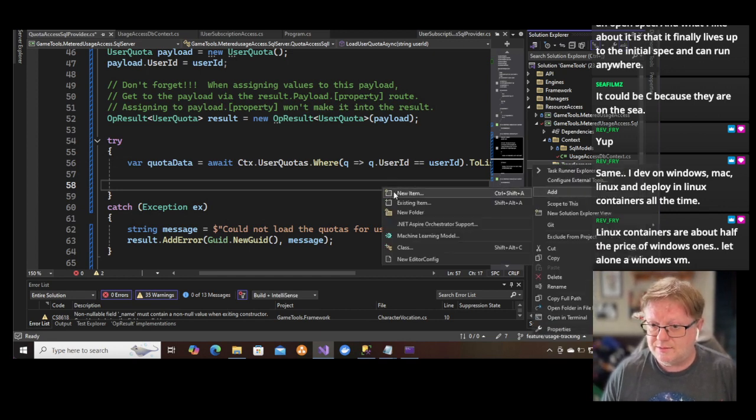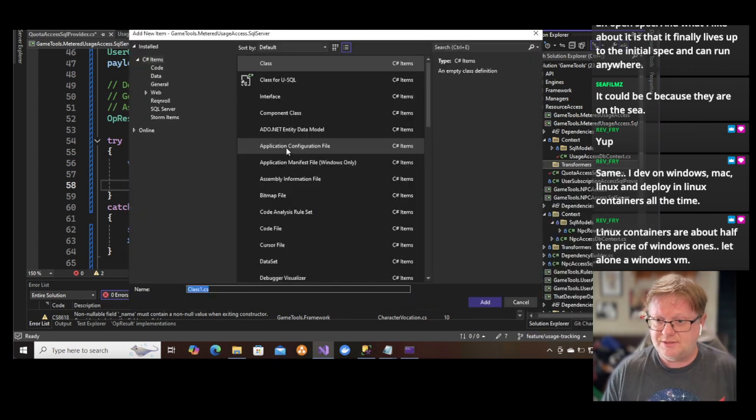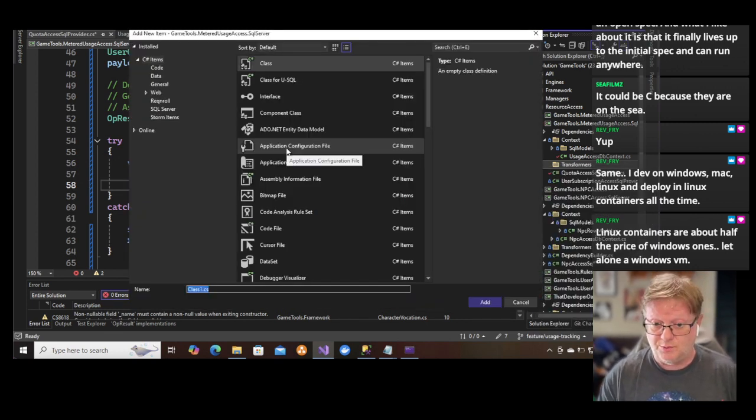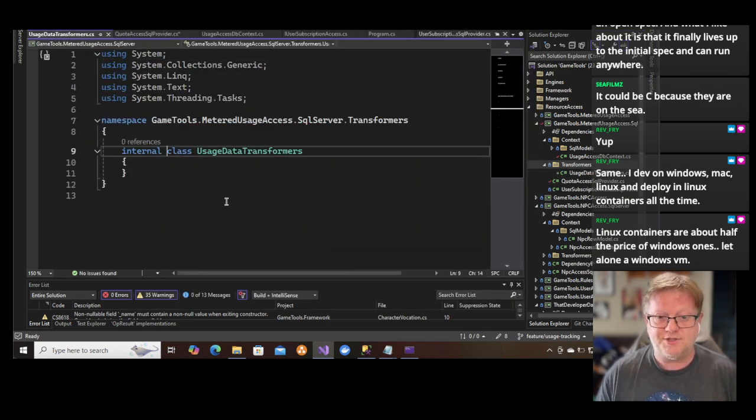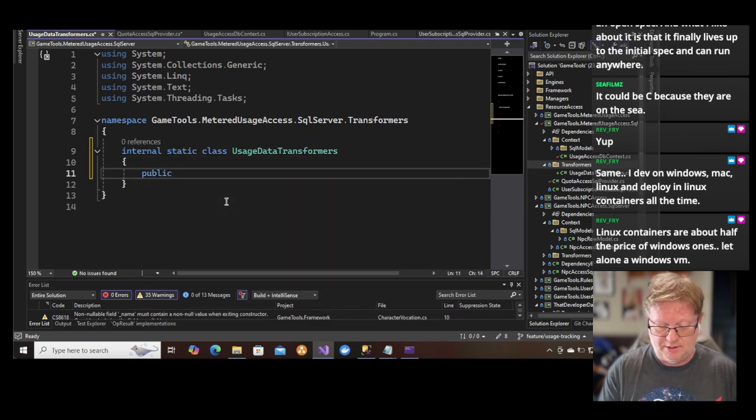Add class, and it will be usage data transformers. It's going to be an internal static and have a public static